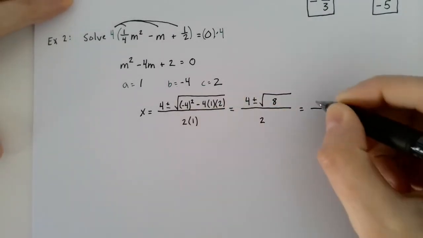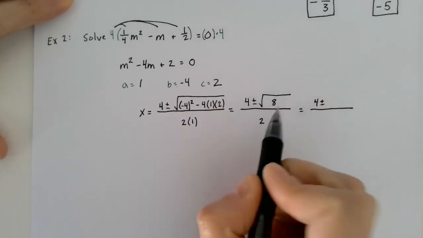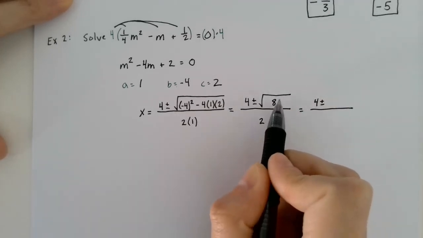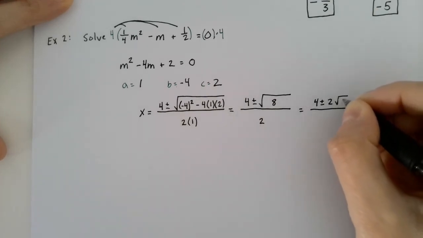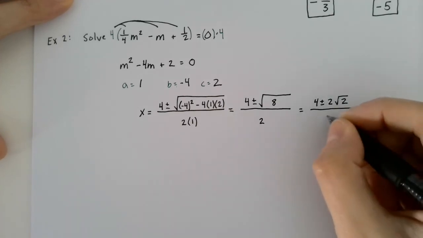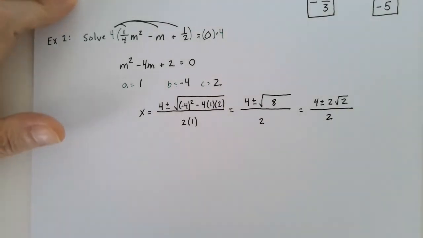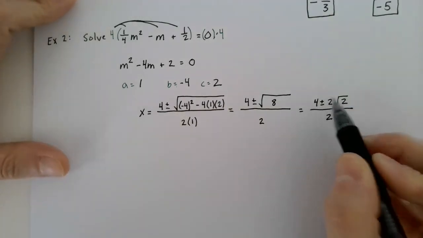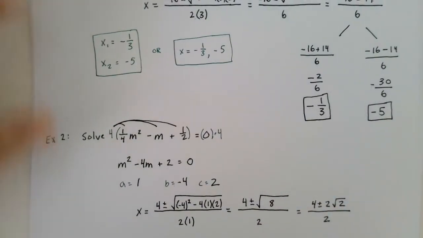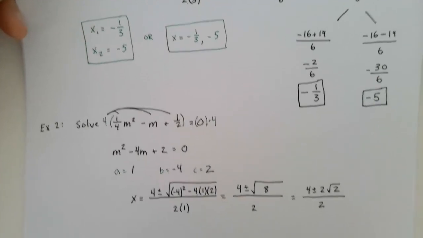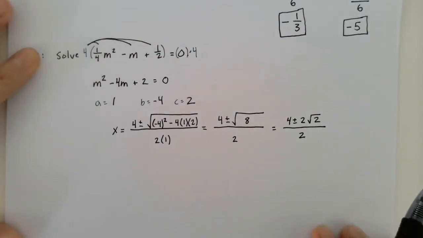All right, well, we can definitely simplify this radical. The square root of 8, if we think about 8, that's a 4 times 2. So I can take the square root of 4 and I get 2, and I'm left with a 2 inside the radical. Alright, so these two are not like terms, so we can't create two separate equations like we did in the previous example, so we will have to leave the plus minus, but we actually can simplify this in one more